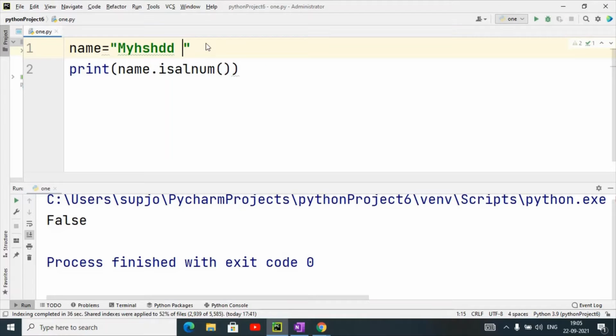We will check it. It is returning a false value every time.